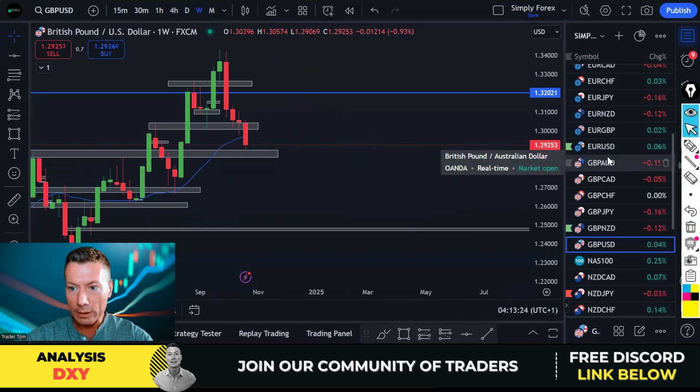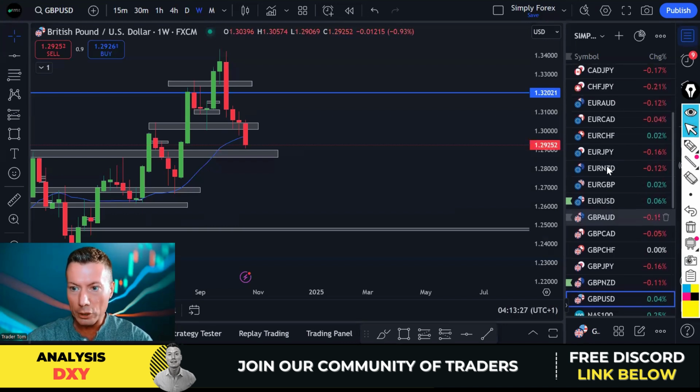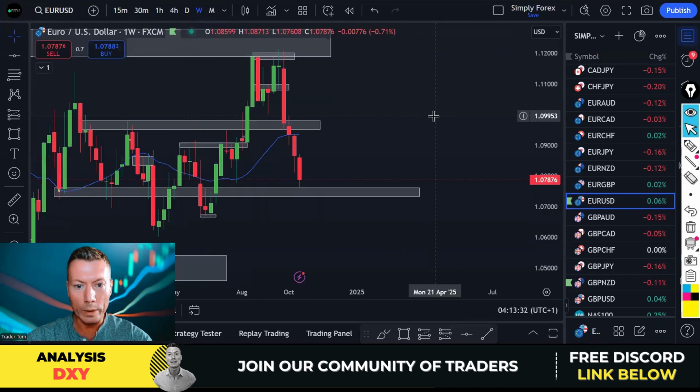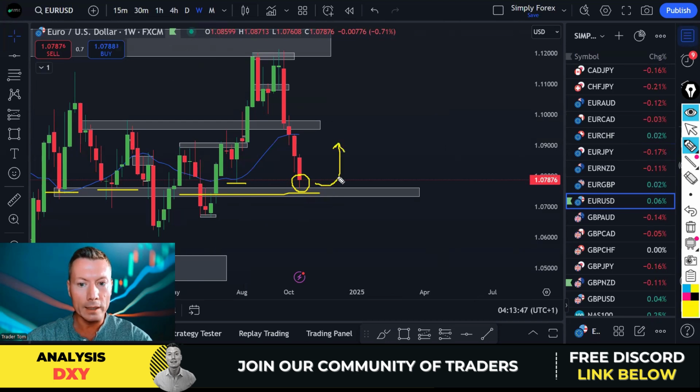But not only that, guys, if we look at pretty much any other US dollar pair, like Euro US dollar, we go to the weekly chart, we're at a key level of support. You've also even got this low here. If you bear that in mind, that would suggest that we are going to get some US dollar weakness. We can expect a bounce off this level. Will it happen today? Will it happen tomorrow? It might happen today on the back of that news. It might happen tomorrow. But we can expect a bounce off this level.